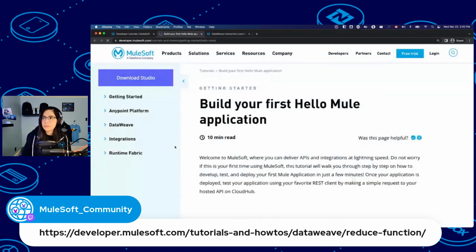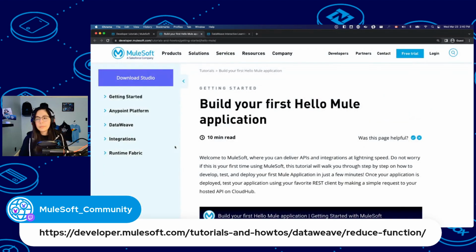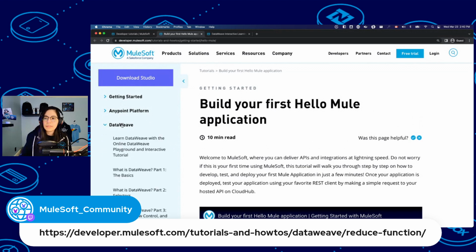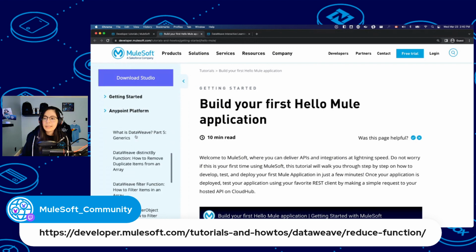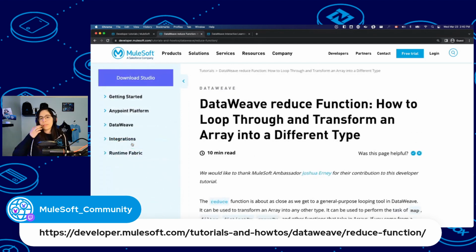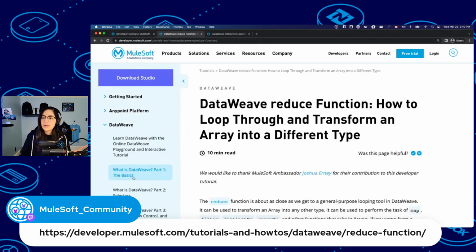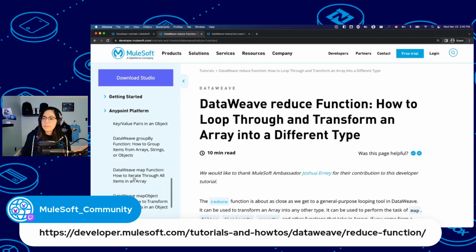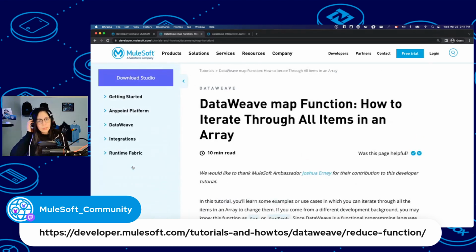So for example, this one, and it will take you to the Hello Meal. Here you will be able to change to whichever you want. So here in the left rail, we have DataWeave. If you scroll down until the reduce function, you will be able to see this one. Or if you scroll down to the map function, then you will be able to see that one, if that's the one that you want.